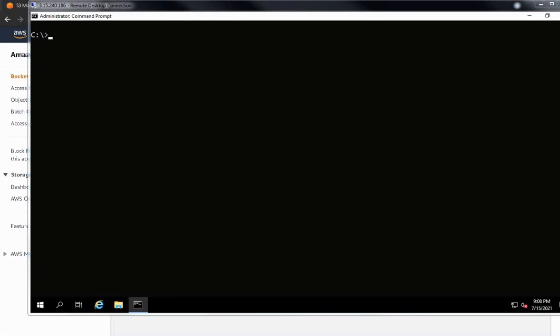Today we are going to see commands like create a bucket, delete the bucket, delete the object, list the bucket, list the object, move objects from one bucket to another bucket, then copy objects. We can even see the sync object command. So these are the commands we are going to explore today. Open your CLI and let's start.